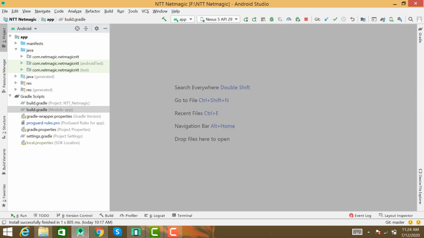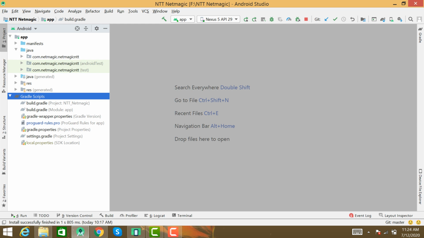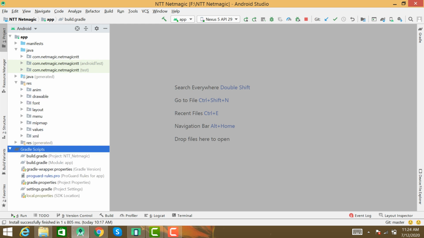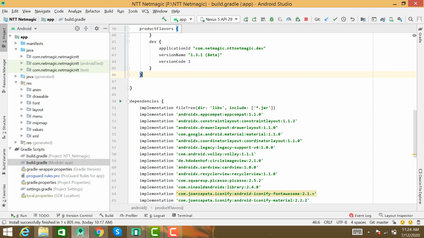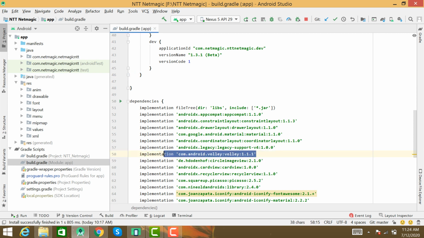You can see it like this. Here is the Java file and your resource file. In your Gridable mobile app, you can add the Volley library for network REST API hitting.